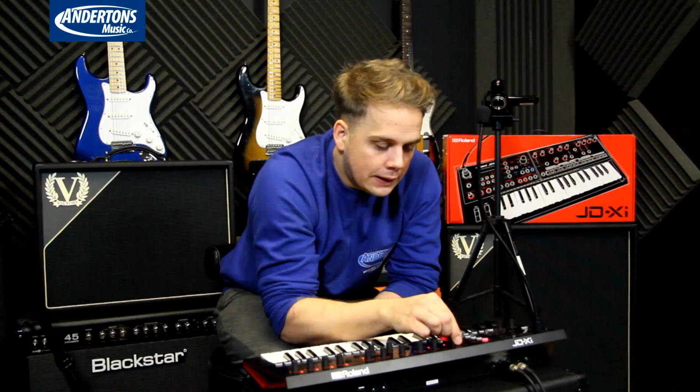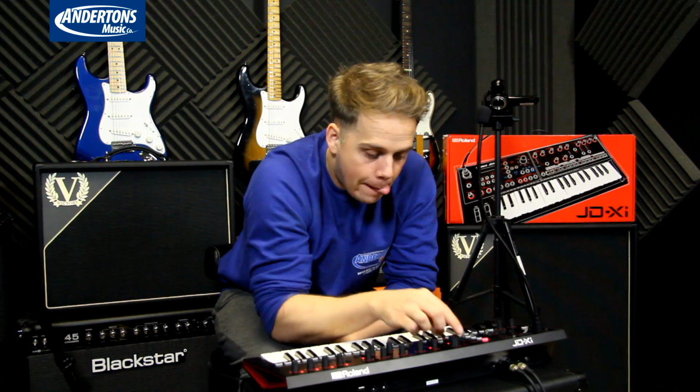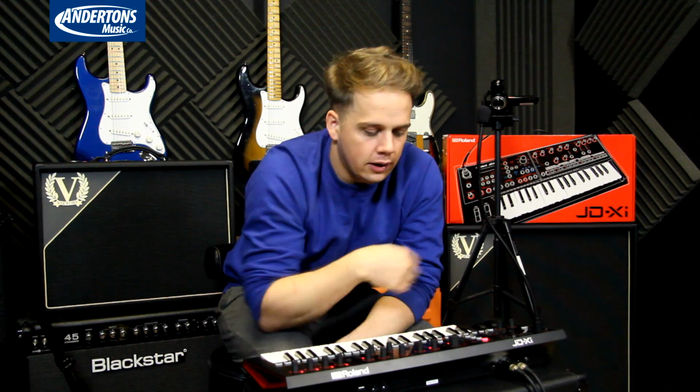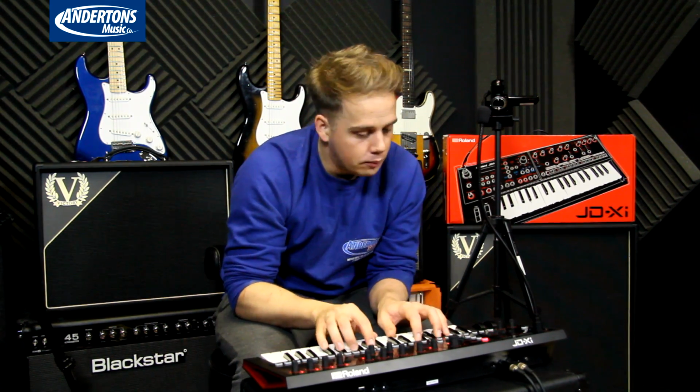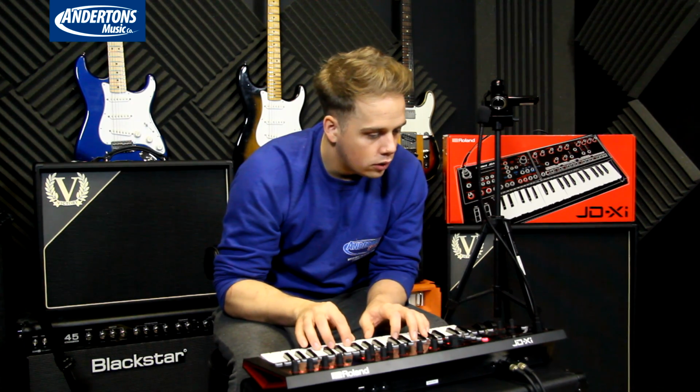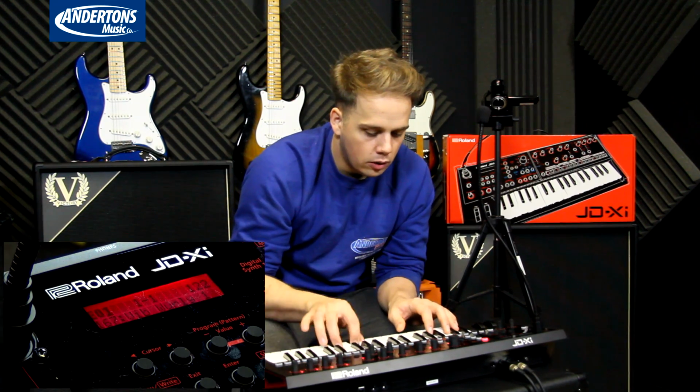Okay, looking at the digital synth sounds, it doesn't have to be all digital synth. What's really cool, and what I liked about the microKORG as well, because I think a lot of people have been drawing comparisons, but I've already touched on the fact that this has got the real analog gubbins in there. But if we look at the keyboard section, we've got first patch comes up as a little